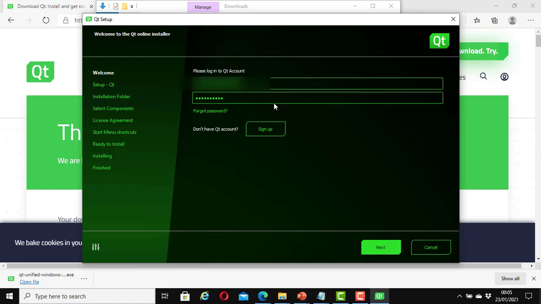All right. When you double click on it, it will open the setup page. On this page, it will ask you for your login details. Before you can install it, you need to have a Qt account. You need to have an account with them. It is free to sign up for an account with Qt. If you have signed up already and you are logged in, it will detect your login details. If you haven't signed up yet, then you can quickly sign up here. And once you are signed up and you are logged in, you can now click on Next.